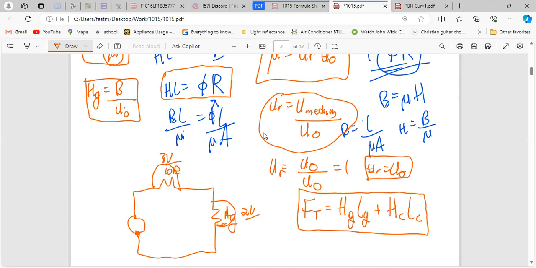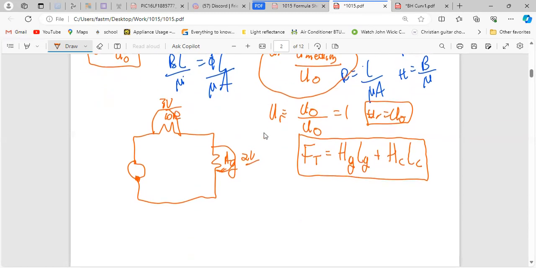Okay, and that is really what is going on. You have to add it up separately. From this equation here, it could go either way. If it asks for I, you know F is Ni. So you get Ni, which would be Hg Lg plus Hc Lc. And this law will apply if you have different core materials. So like, if you have iron and cast iron and stuff, you'll have to split up the HLs